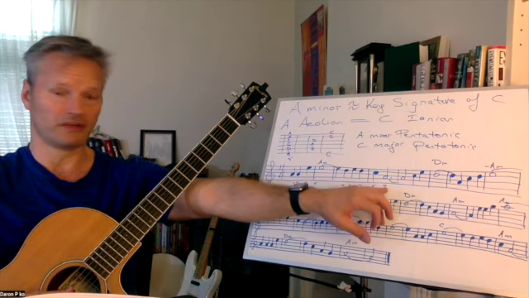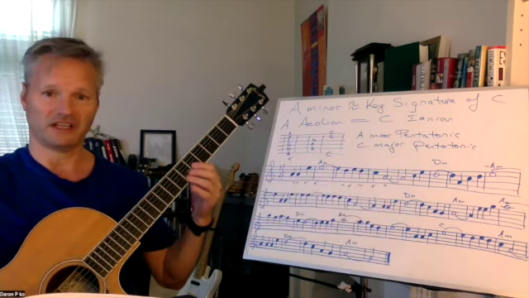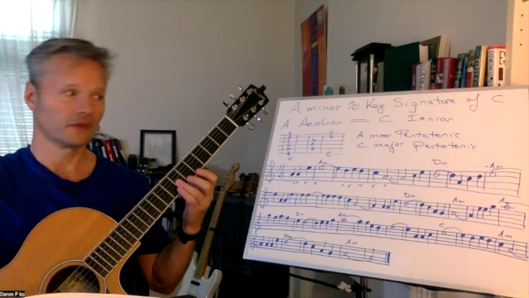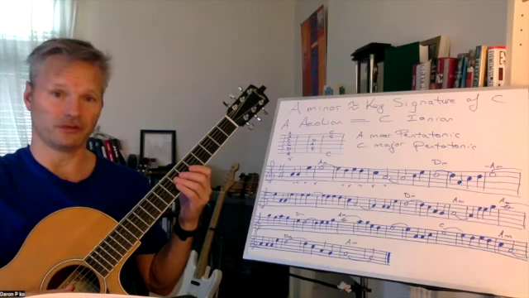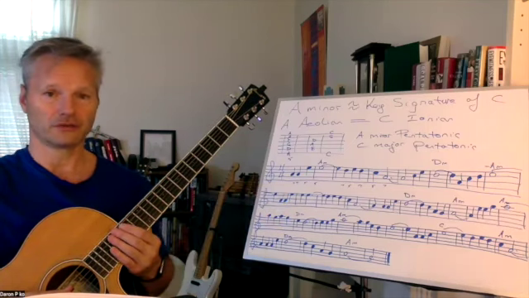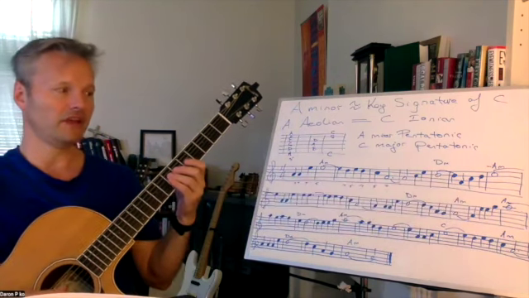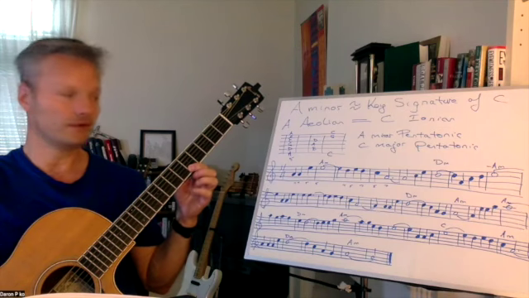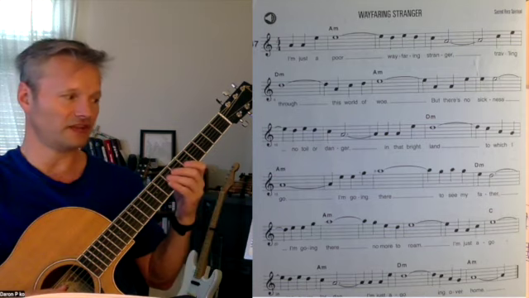That's beats 2, 3, and 4. It's tied into the next bar for the first 2 beats, C, E, and D again. That whole note tied across to a quarter note, so we're starting on beat 2. The same theme we set up with our pickups, as you know, is repeated throughout the song. So it's almost as though we have pickups on this A now. A, C, D, E, tied again, starting on beat 2 again, A's,